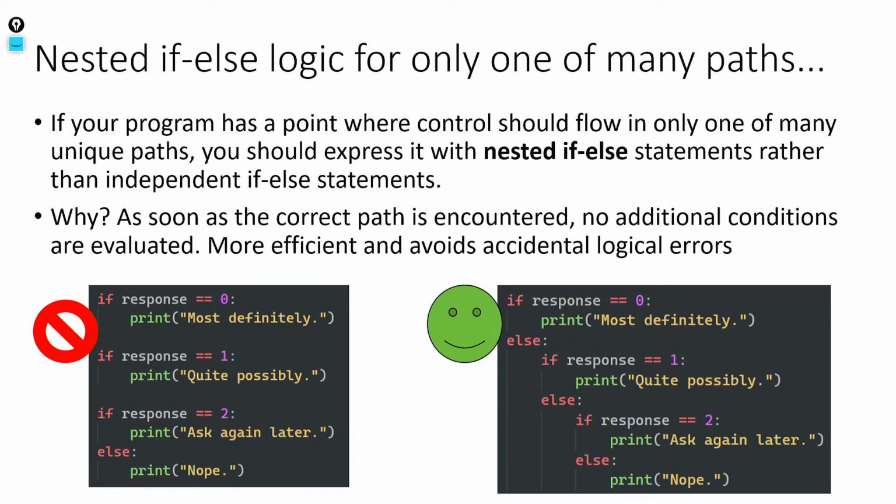All right. What I just said is available in the notes and on the slides. Effectively, when you reach a point where your code needs to go in one of many different directions, but should only go in one of those directions, you want to connect those possible directions via nested if-then-else statements. And we'll learn a new way of doing this a little bit more cleanly in just a moment. But this is the main logical goal here. This is the way you'll most efficiently go in one of many possible different directions.